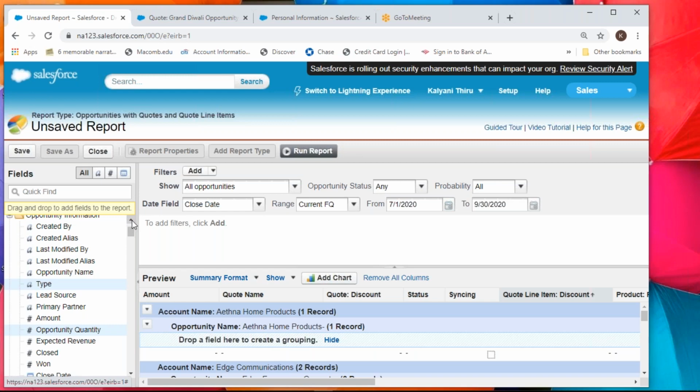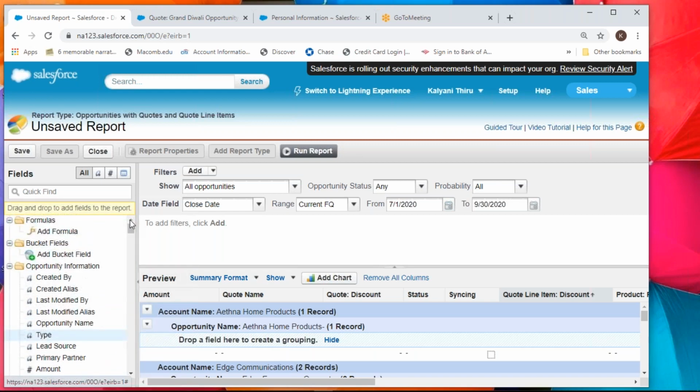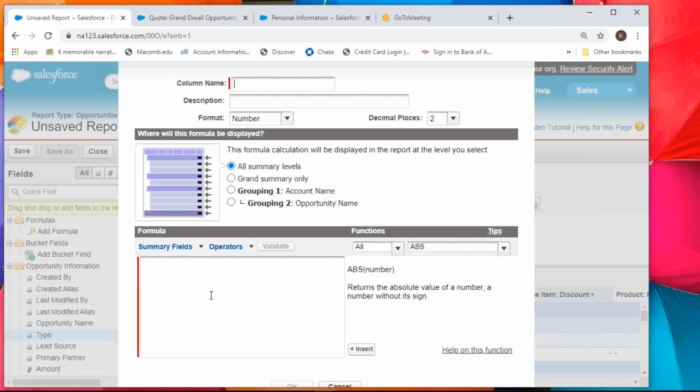Now let's quickly see about the formula. Here if you see there is add formula, but this is on advanced admin level, so you may not be having some questions on this, but I'm just giving you for good to know. So if you want to calculate percentage,